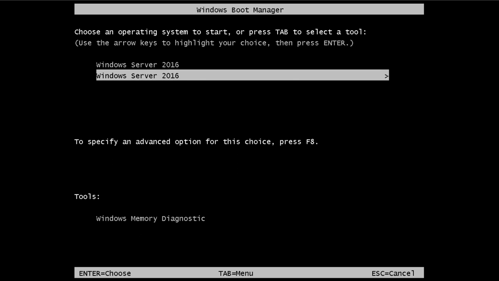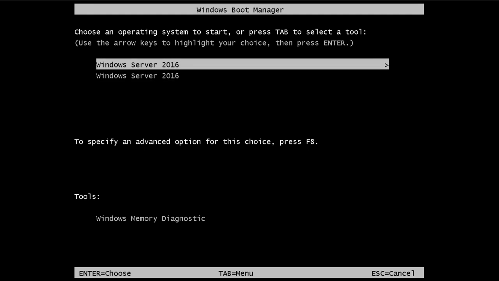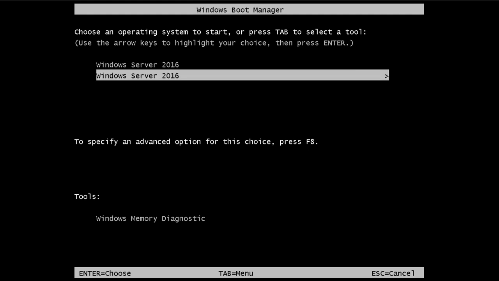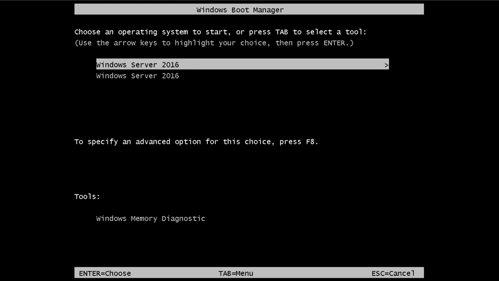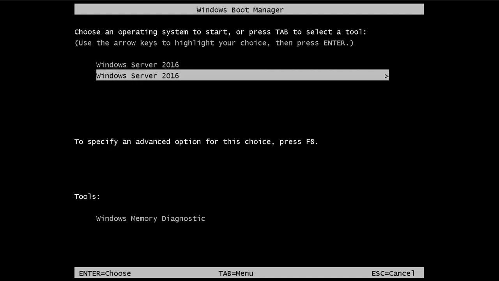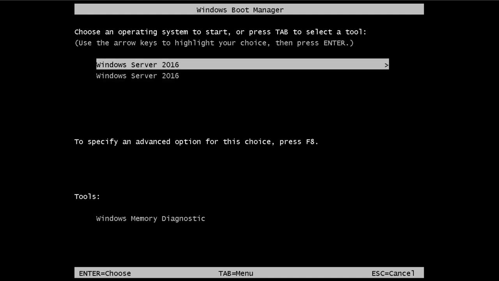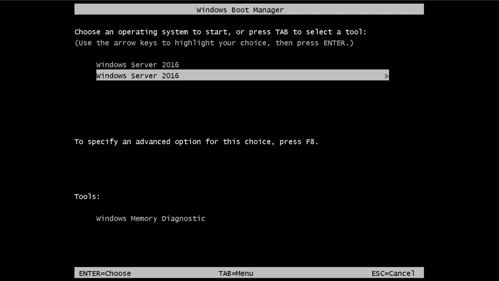The one is the previous one which we have done. We did install the Data Center edition, and the second one is the new installation from the virtual disk. I think we should have chosen a different operating system name because the names are the same.